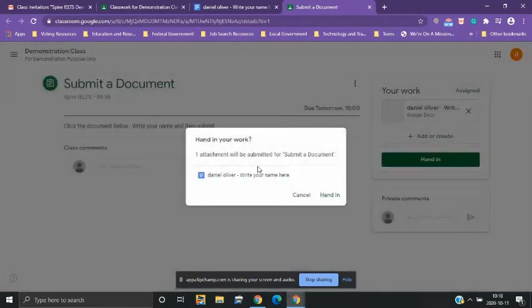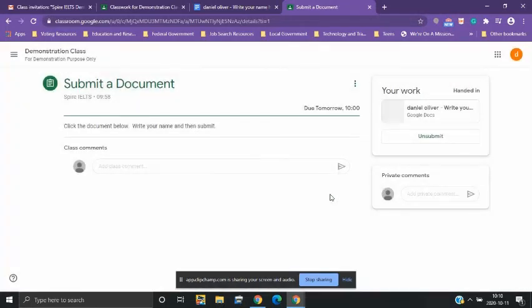What you do is, if you're sure that you're done, if you've written everything or included everything that I ask, you can just click hand in. Once that happens, you are now done with the assignment, and the teacher will receive it and give it a mark or give you whatever comment. This is the basic way for you